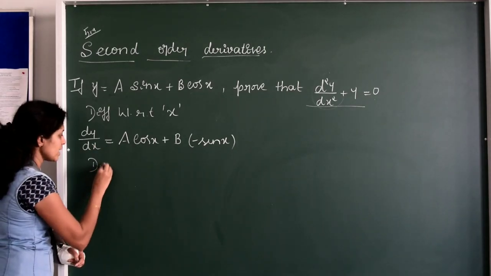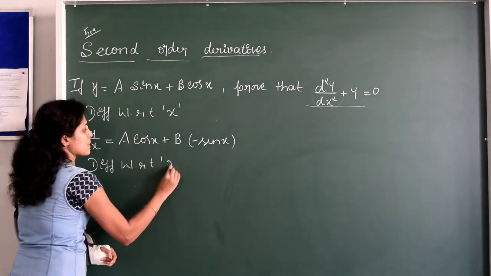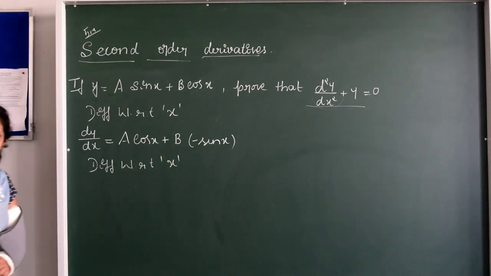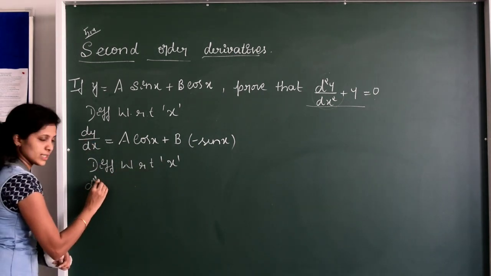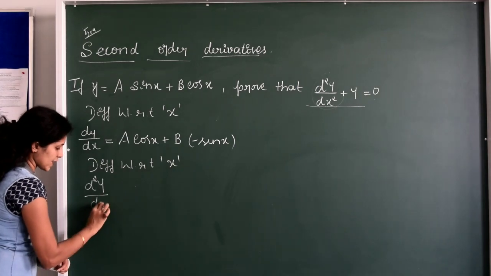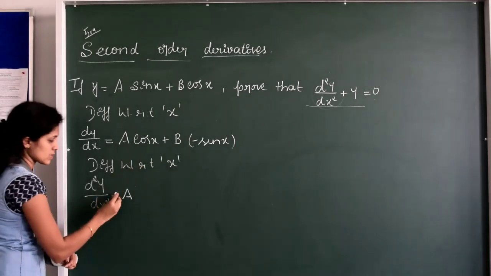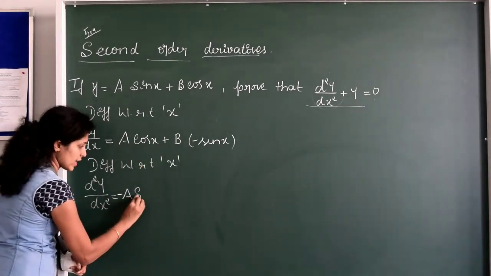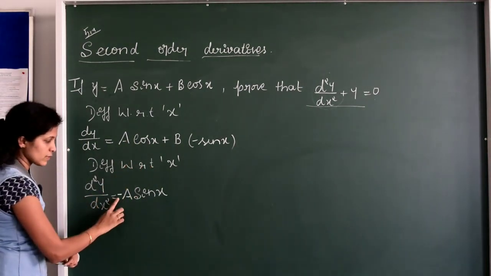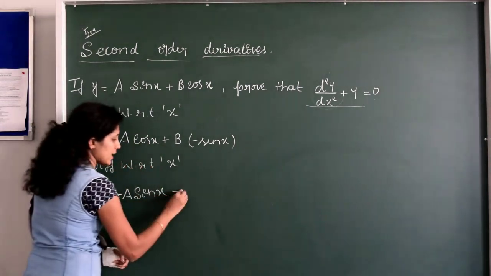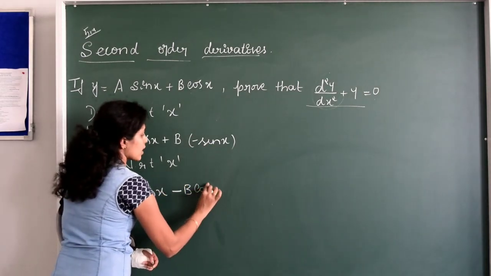So we will differentiate this function with respect to x. Okay, this is compulsory. You have to differentiate the function with respect to x. So the derivative of dy by dx with respect to x, the second order derivative d square y by dx square, is equal to a as it is. The derivative of cos x will be minus sin x, right? We are differentiating with respect to x. A constant as it is. The derivative of cos x will be minus sin x, minus b as it is, and the derivative of sin x with respect to x will be cos x.